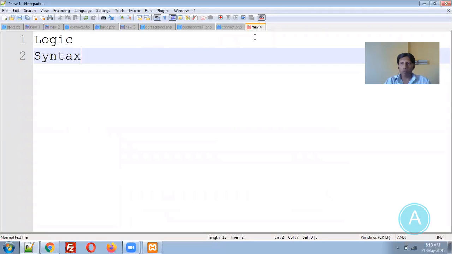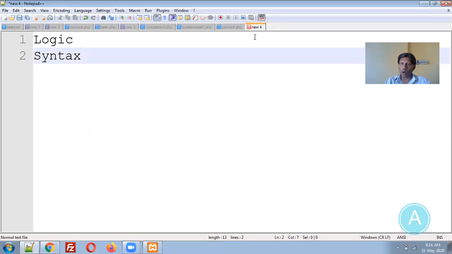But what happens actually in college, in seminars, in workshops? What is there in mind? People are always thinking of the syntax and going behind the syntax. I suggest do not go with the syntax. Do not be afraid of any syntax, because syntax can be learned from any website, but logic cannot be learned from a website.